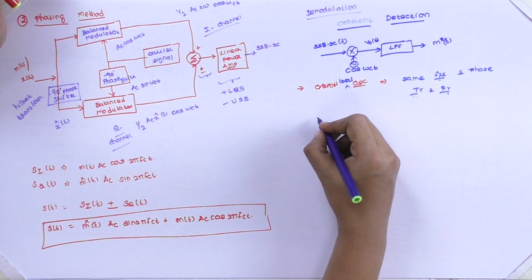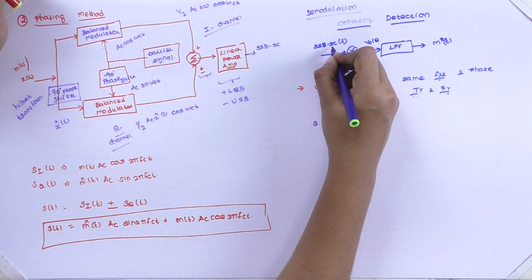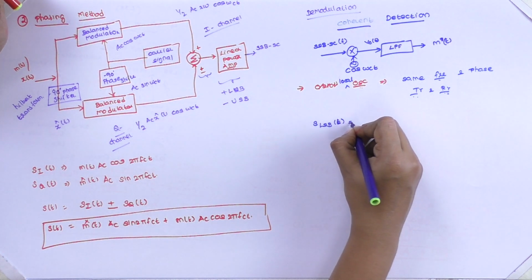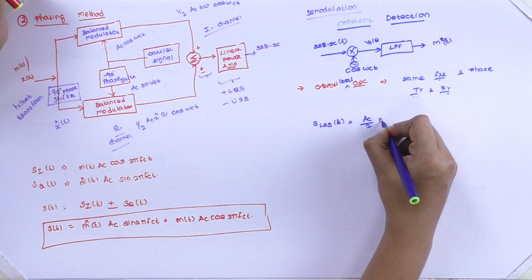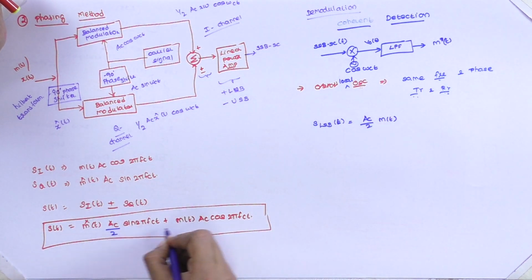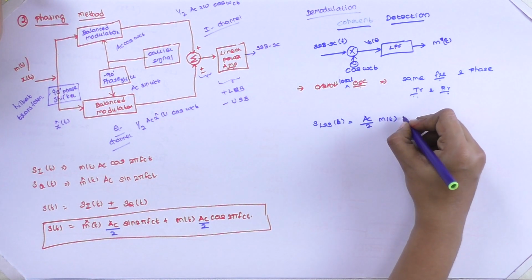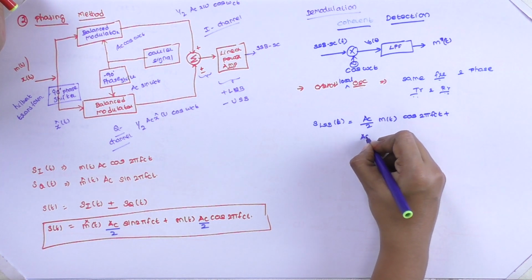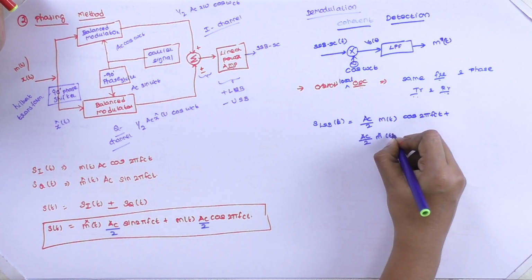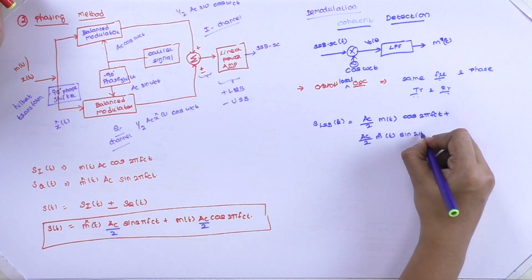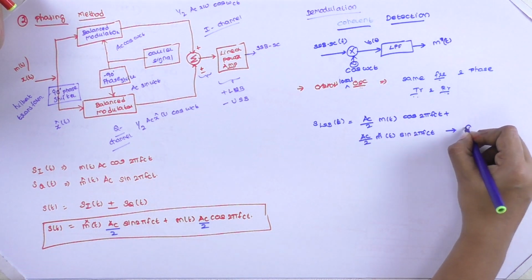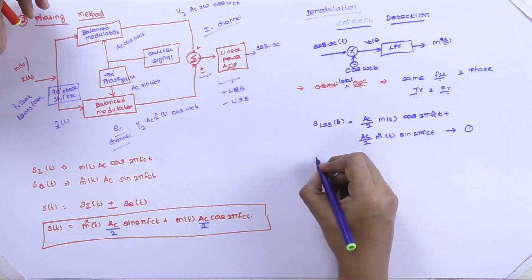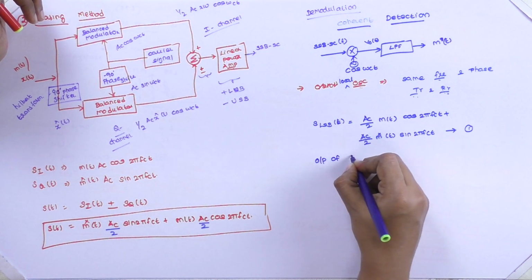Therefore, we know the time domain expression for SSB-SC is given by, we take it for the lower sideband, Ac by 2 m of t cos 2 pi fct plus Ac by 2 m cap of t sin 2 pi fct. So, this is our equation number 1. It is multiplied with the local oscillator frequency signal. Therefore, the output of the product modulator is given by